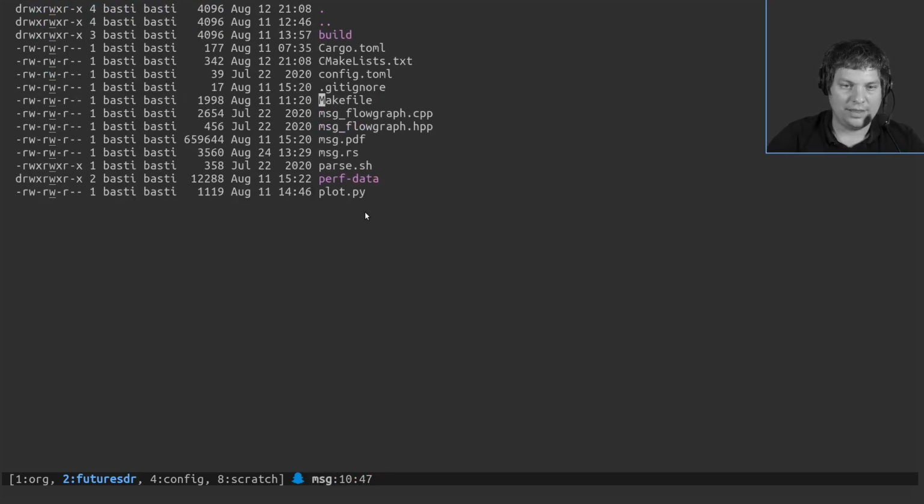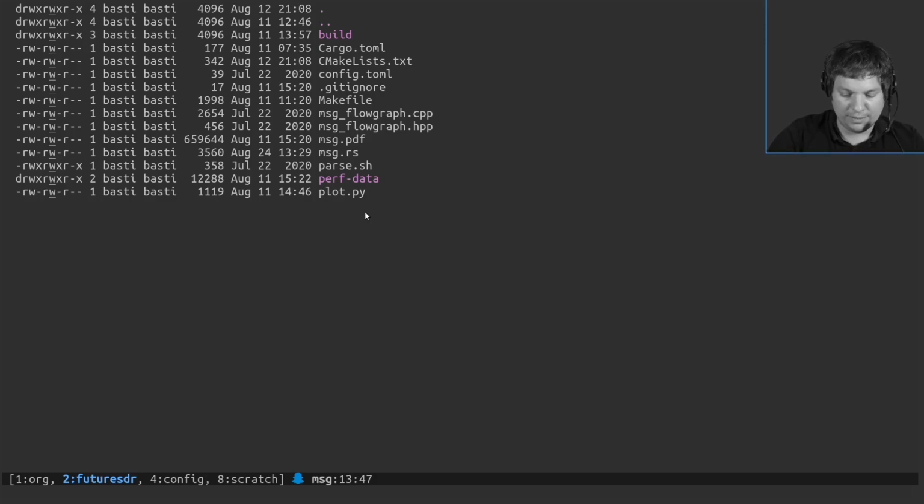And yeah, then you just type make, and it will create message passing flow graphs with higher and higher complexity. So that means first you have only a source and a sink, and then a lot of blocks in between. And then you just see how long it takes to execute the flow graph. So that means it's only measuring throughput, not latency or something like this. So it means you have a fixed amount of data, you want to push it through the flow graph, and you measure the execution time of the flow graph.